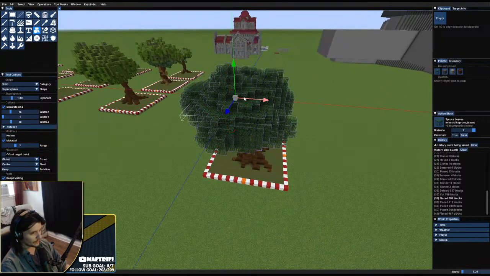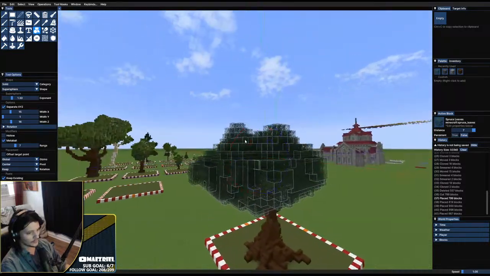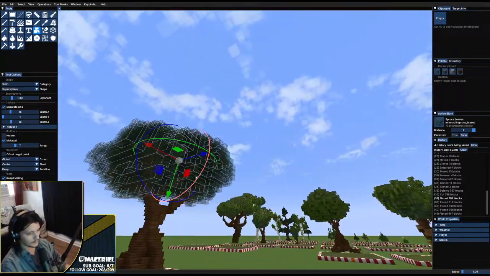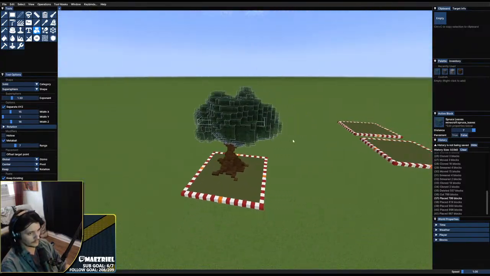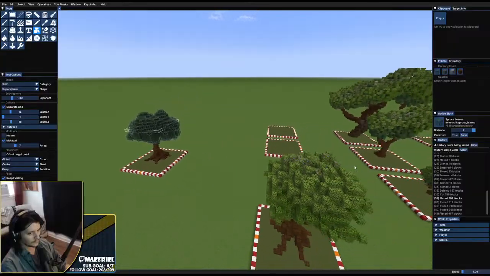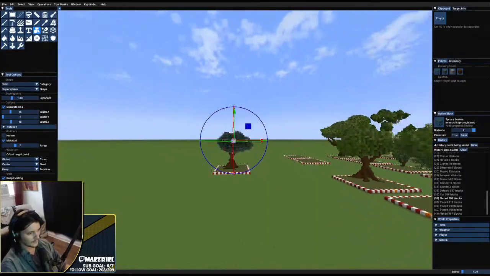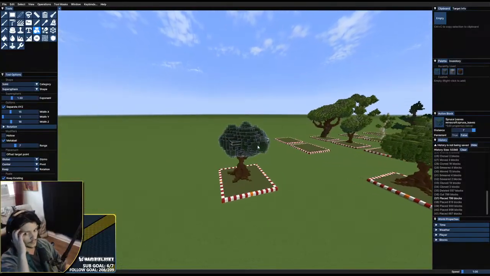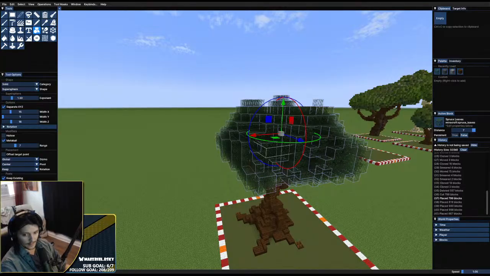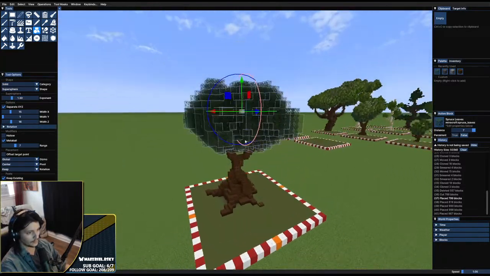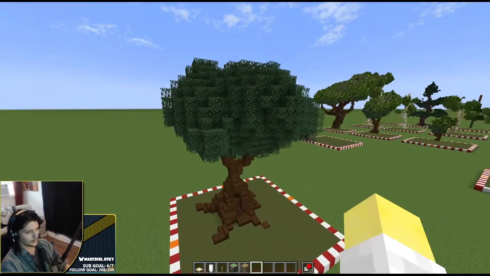What kind of shape are we getting? Ooh. Ooh. That's kind of working out okay. It is. If I do that,